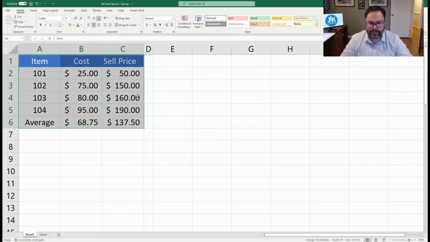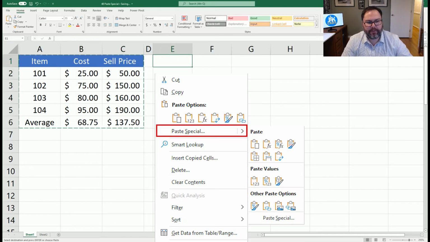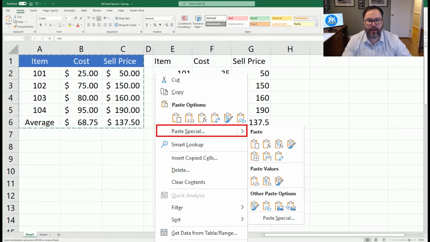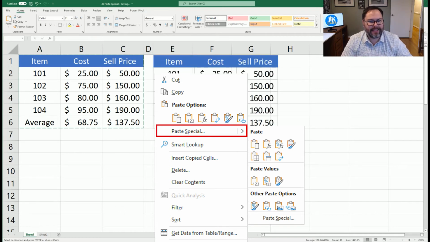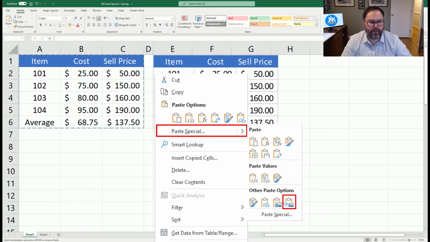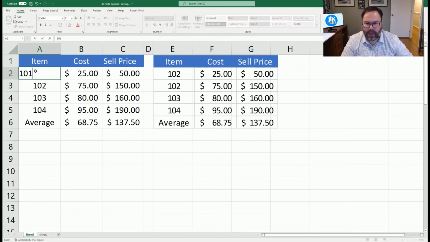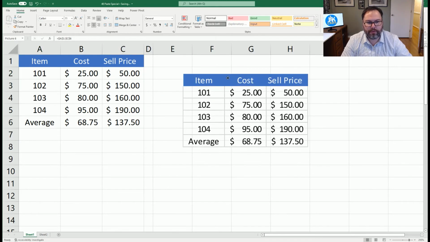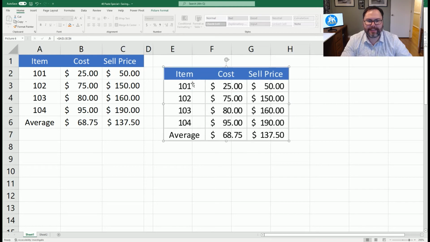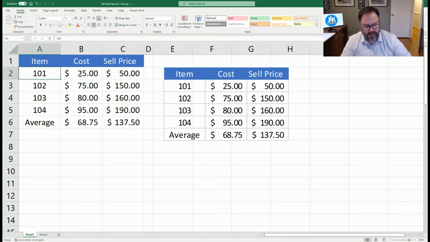We're going to copy again, and we're going to right-click. In other paste options, we can get the formatting, which is just going to show us the formatting that we set up, but no cell values. The links, which is no formatting, but is E1 equals A1 and so on and so forth. We can paste it as a picture, or we can link it as a picture. So we're going to link it as a picture. And what does that mean? Well, it is a photo that we can move around that Excel has made, but it is still linked. If we change any of our data,